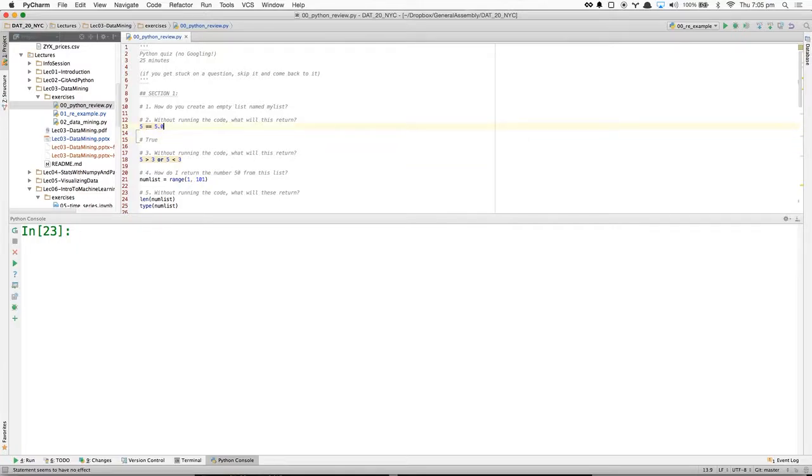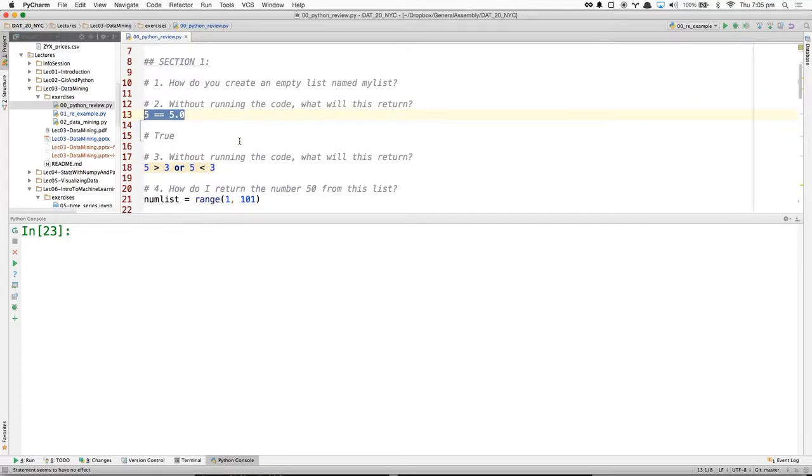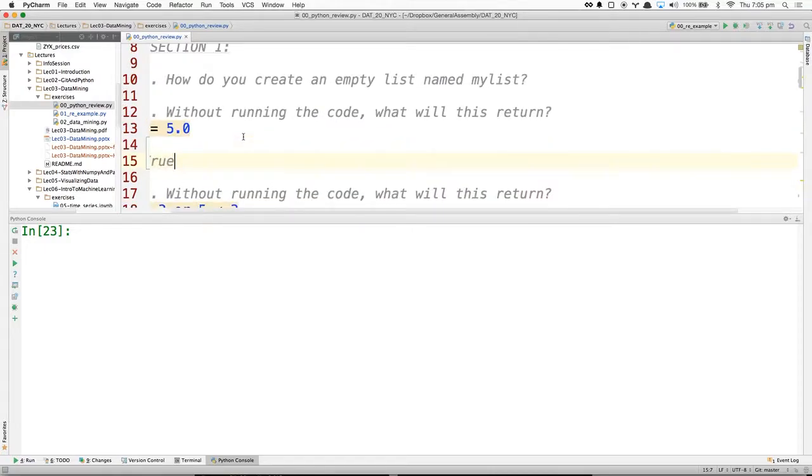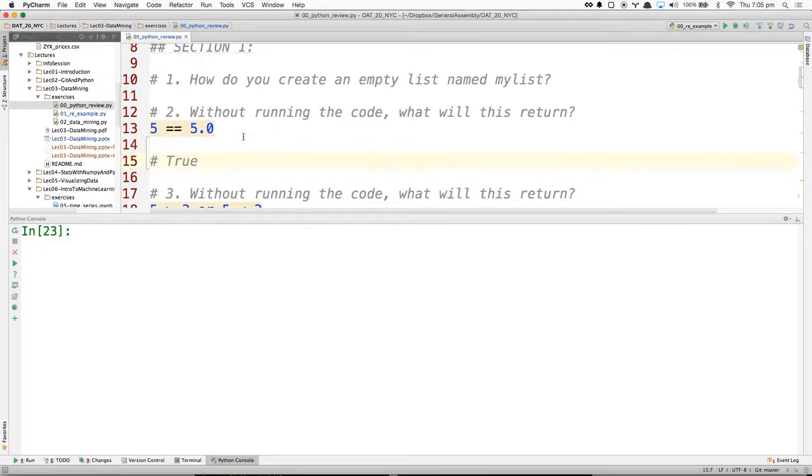Just a caveat, this is not necessarily true universally in all programming languages. Can everyone see this okay, by the way? Even those in the back? Good? Okay. So 5 equals 5.0 seems pretty cut and dry and true.